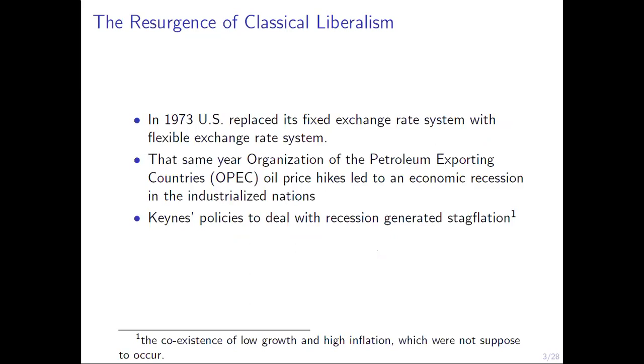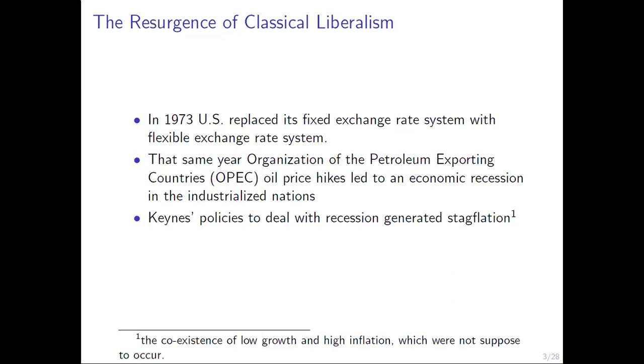You must remember that following 1945, at the end of the Second World War, there was a fixed exchange rate system. Every country had a fixed exchange rate system against the dollar. So when they had to keep that exchange rate fixed, like say for example, when they were losing value against the dollar, they had to do something, like say for example, if the Pakistani rupee loses value against the dollar,